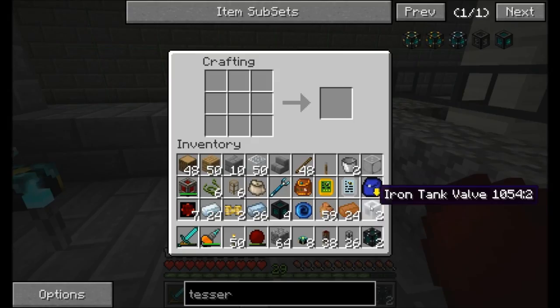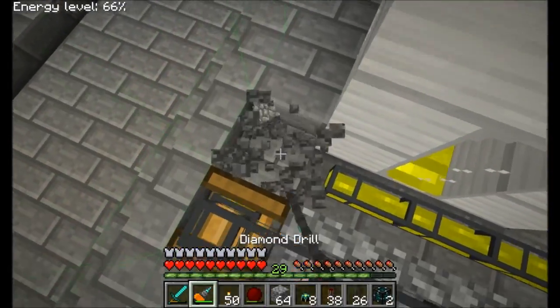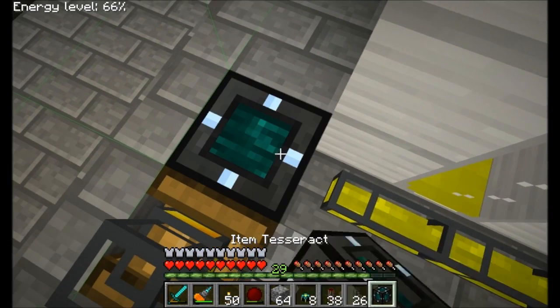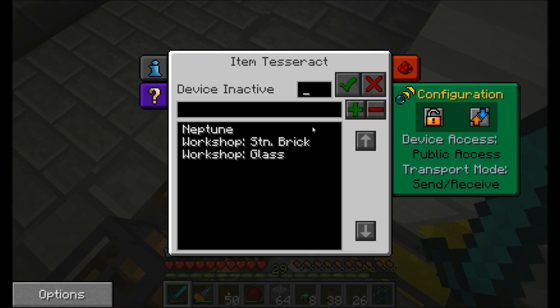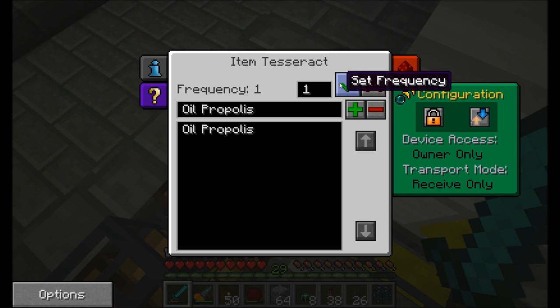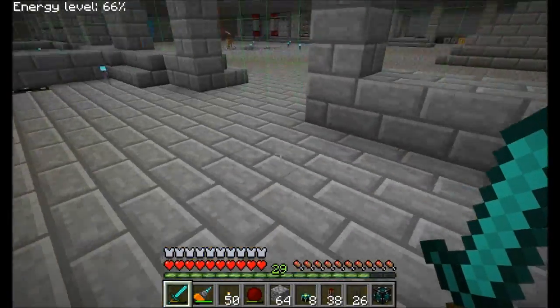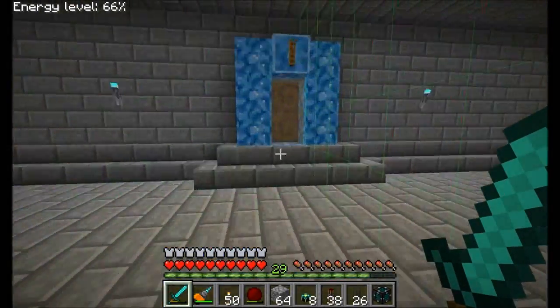Two item Tesseracts. One will be here, and this is going to be a private frequency, just for me to use. Other people don't need to see it, right? So it'll be private, owner only, receive only. We'll go with frequency 1, and we'll call it oil propolis. Check. Receiving oil propolis. Cool. Now if we zip over to here,